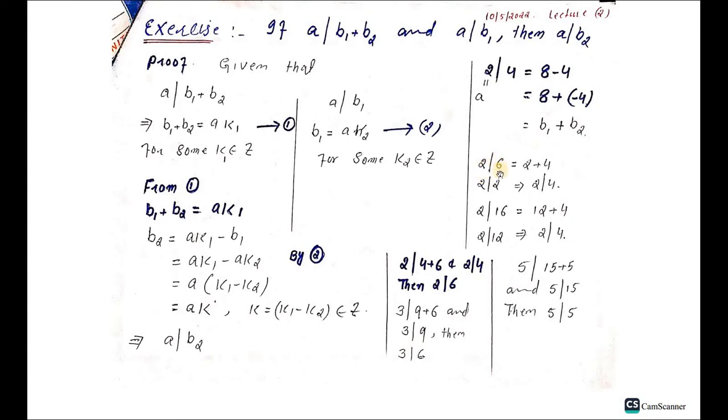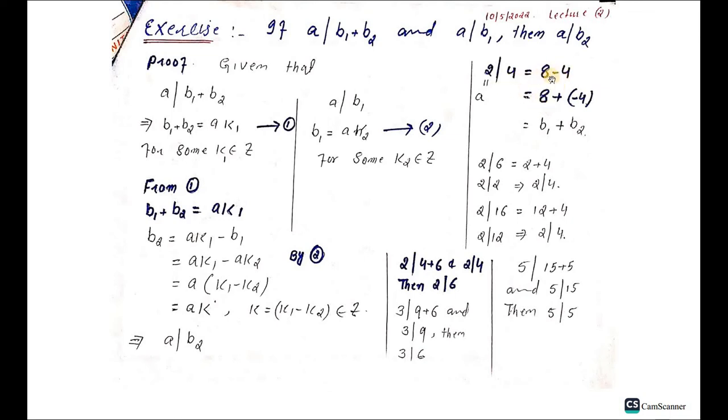यहाँ पे क्या है, 2 divides 6, 6 का मतलब 2 प्लस 4, 2 divides 2, it is obvious, तो 2 को divide कर लिहाजा 2 4 को divide करेगा इसी रिजल्ट के मुताबिक। तो ये भी दुरुस्त है। 2 divides 16 और 16 बराबर है 12 प्लस 4। 2 divides 12, this is true, hence 2 divides the part of 12 which is 4। अगर 2 16 को divide कर रहा हो और 2 12 को भी divide कर, तो 2 4 को भी divide करेगा। इस तरह यहाँ पे 2 4 को divide करता है, 4 हम इस तरह लिख सकते हैं।